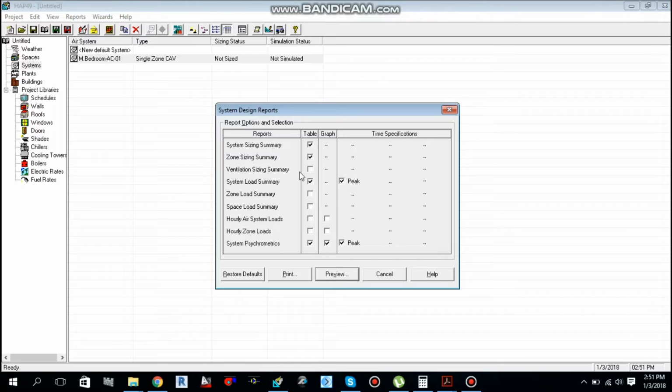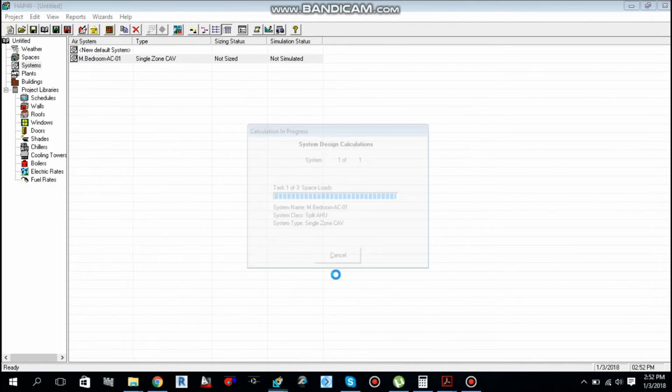Okay, system load calculations. Okay, let me select this one for you, and space load you also want to select over here, or if you want hourly air system load you can get it over here from January to December. Same, you can get the graph over here, then select preview in order to get the result.